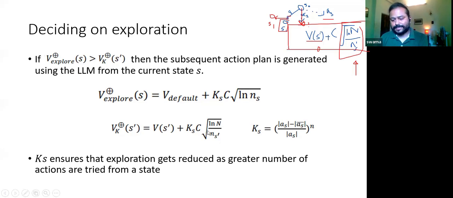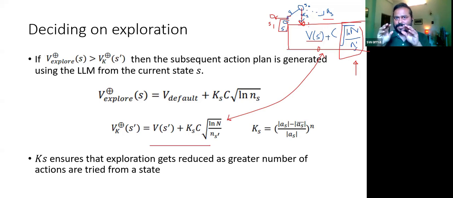Now, there are other child states like S4 to S10 which are not yet explored, not yet in the state space graph. So you have to have some way to explore those states. For them, I'm calculating a default VExplore plus and assigning this value to all those unexplored nodes, S4 to S10. In MCTS, what they do is, if some specific node is not fully expanded, they are always going to do random exploration.